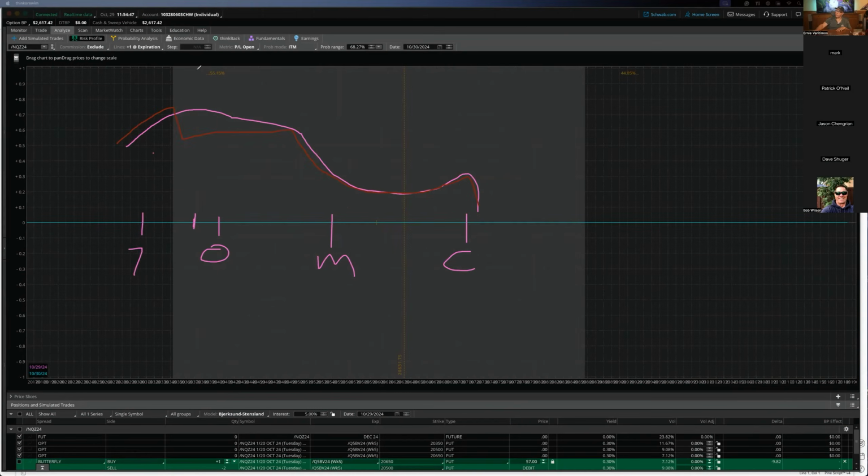All right, so what I want you to pay attention to is this event, and this is an event as well. Where this drop off actually happens can be variable. It can be anywhere from here to here, but it will drop off. This event right here, and then this event right here, this one we're trying to play with the big ass fly. This one we're hoping to play with our out of the money fly. With the big ass fly though, if you stay inside the butterfly, you can take advantage of both of these events. What are these events?